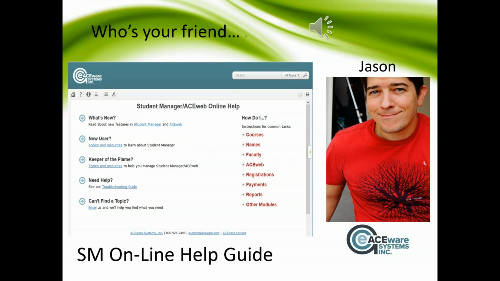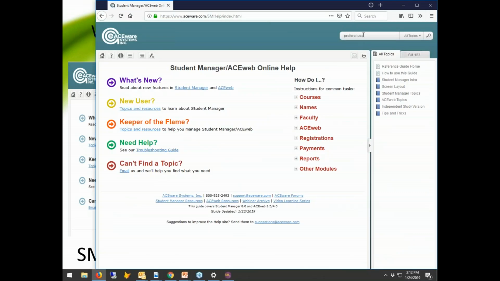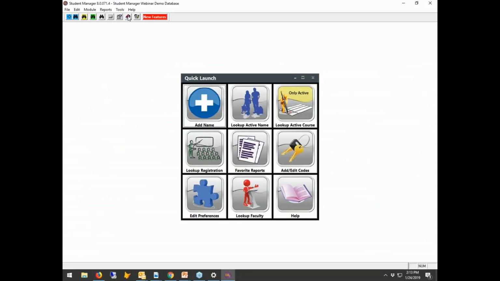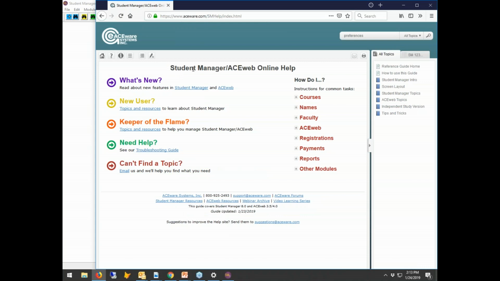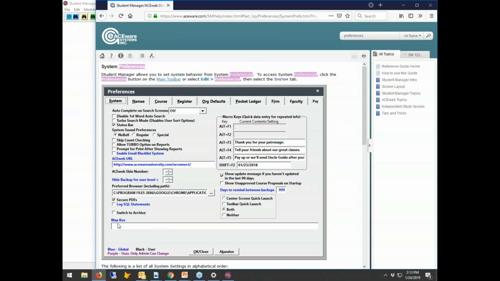And how you get to that, we're going to get to our browser. Basically, you launch the online help system either from the little red help book on your student manager menu, or you can go to it from the help guide on the ACEware website. I would go to the preferences setting, search that, and that will take you to the preferences list, system preferences. So here is the list of